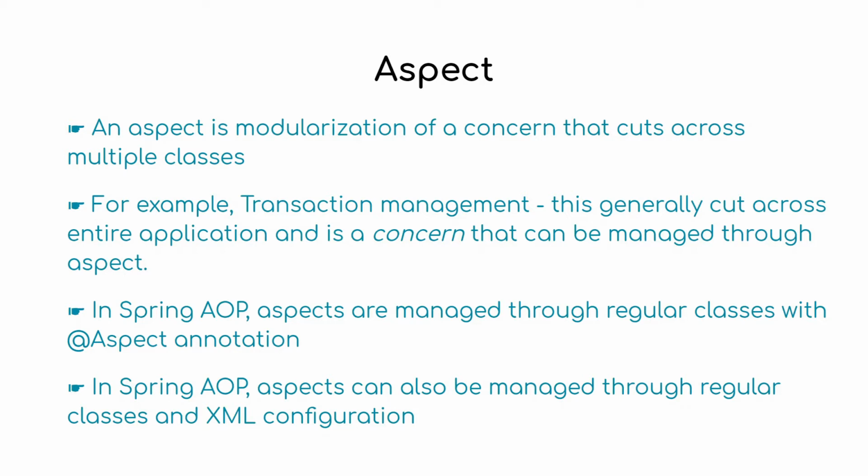in this lecture. We'll talk about aspect. What is an aspect? An aspect is modularization of a concern that cuts across multiple classes or types. For example, transaction management. This generally cuts across the entire application and is a concern that can be managed through an aspect. Another example would be logging. Logging also cuts across the entire application and can be managed through an aspect. In Spring AOP, aspects are managed through regular classes with the @Aspect annotation. In Spring, we can also manage aspects through regular classes as